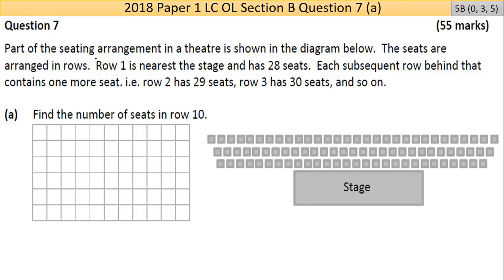So apologies in advance for this question 7. There's a lot of parts to it, so it's going to take some time. Let's get stuck in. Question 7 here says, part of the seating arrangement in a theatre is shown in the